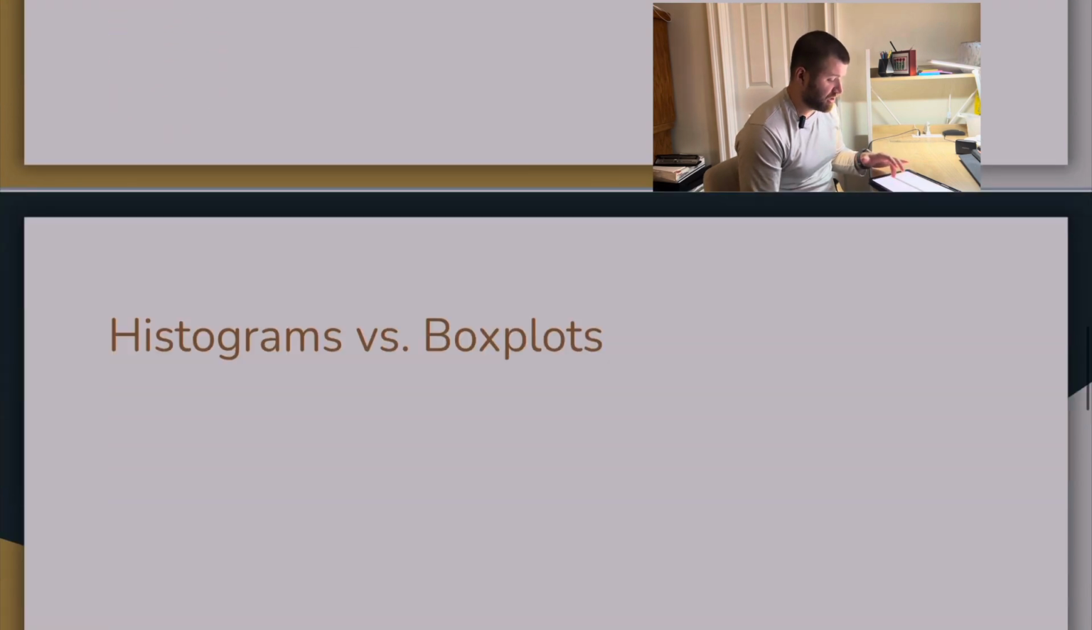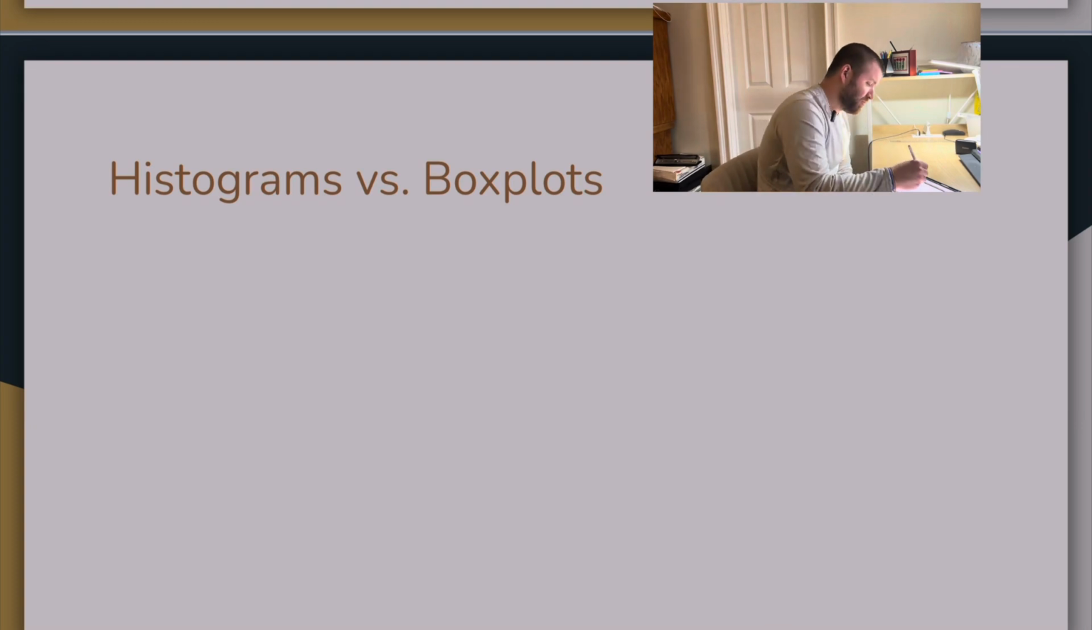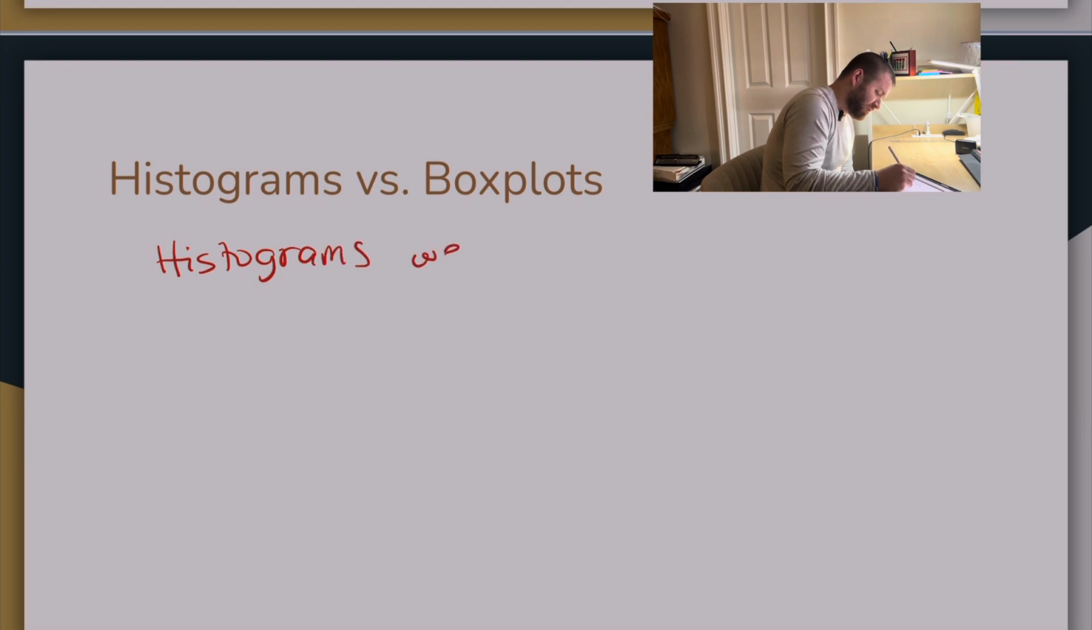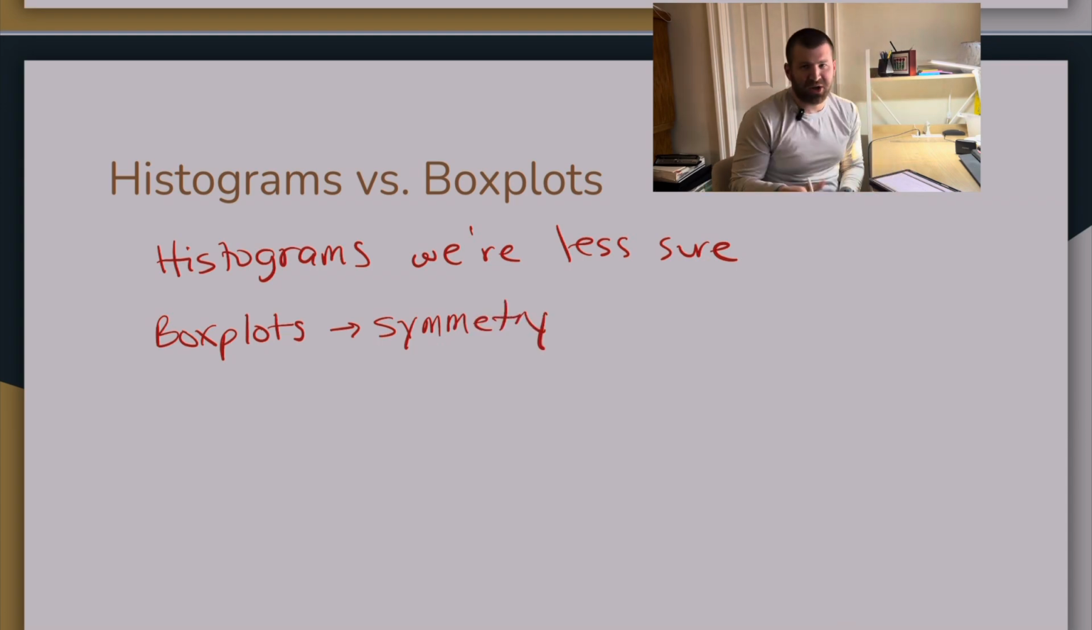I have an extra slide here of histogram versus box plots. However, the biggest difference here is that with histograms, we're less sure about a lot of things. However, with box plots, we only know symmetry. I talked about all of the other differences earlier on. So I figure the most